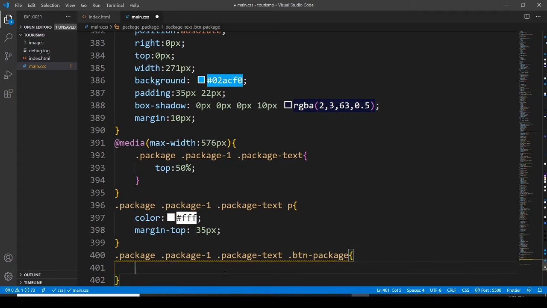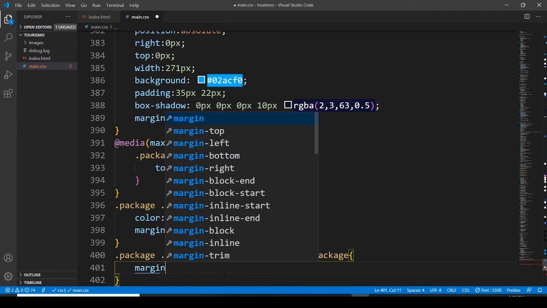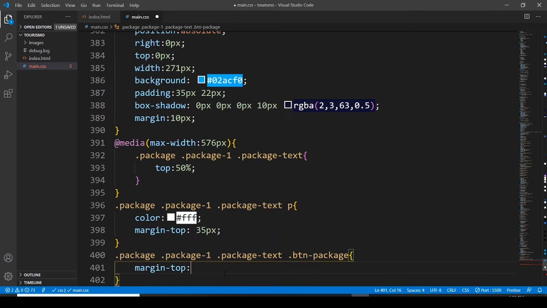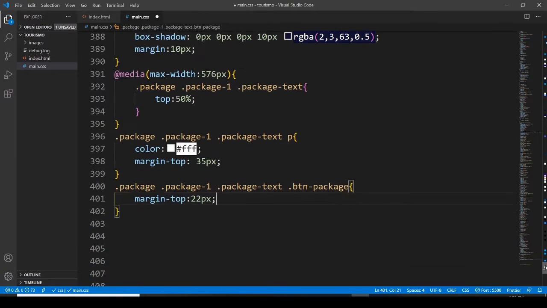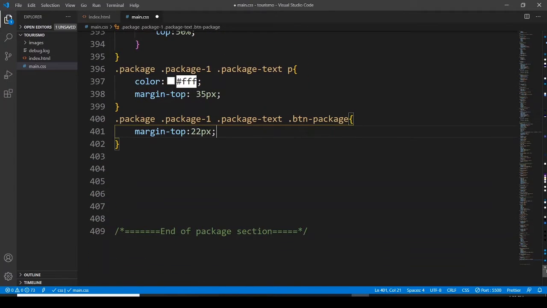So the BDM package is going to have a margin top 22 pixels, margin top 22 pixels. Let me bring it down here, and